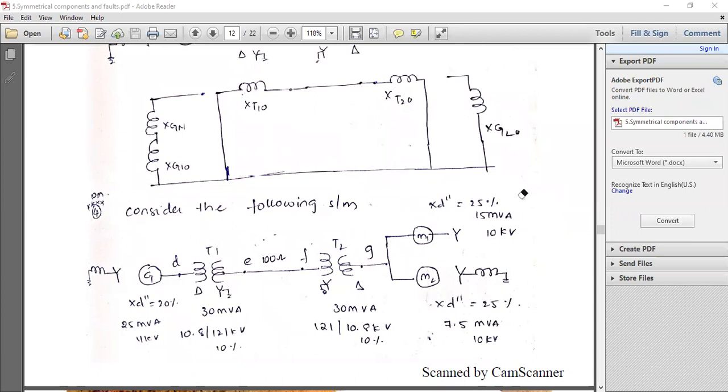Now I will give you 2 to 3 minutes to draw the zero sequence network. Later I will explain how to draw it, and you can identify whether your answer is correct or not. Please try to solve the problem. You won't get the knowledge if you are just seeing and listening to the class. This is a problematic subject, so we are giving utmost importance to the problems also. Along with the theory, you are requested to see the problems also.